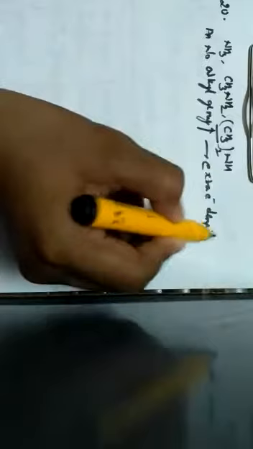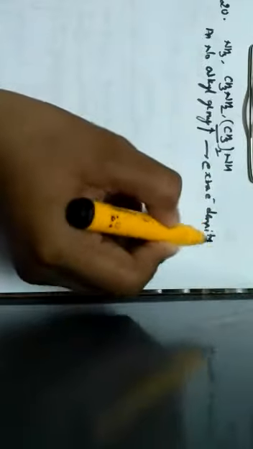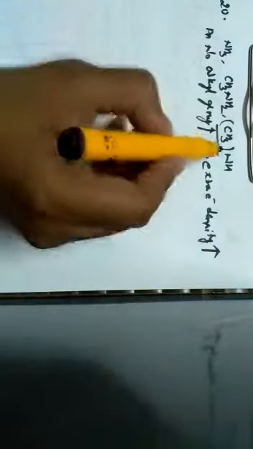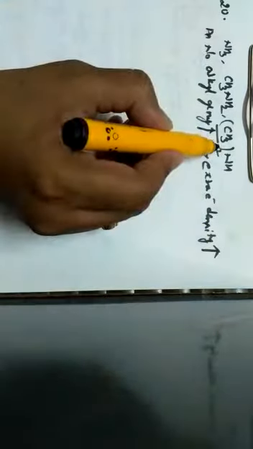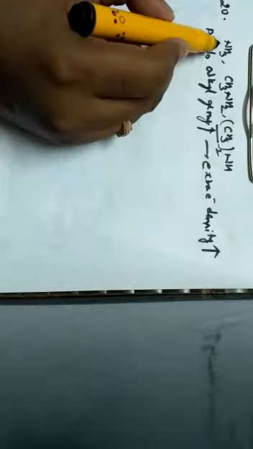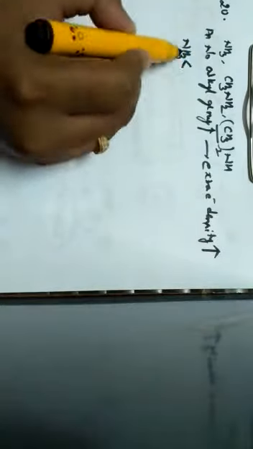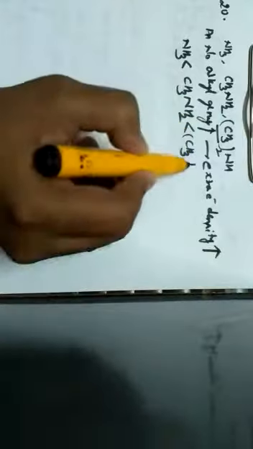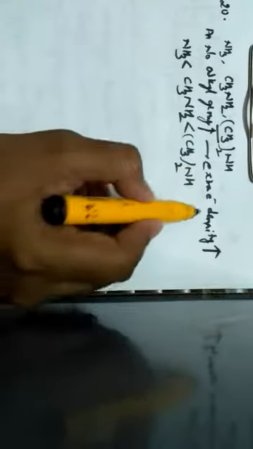As we know, as the number of alkyl groups increases, extra electron density also increases. Hence, dimethylamine will be more basic as compared to that of ammonia. Hence, the sequence can be written as ammonia is less basic than methylamine, and methylamine is less basic than dimethylamine. Hence, the correct option for the question is option D.